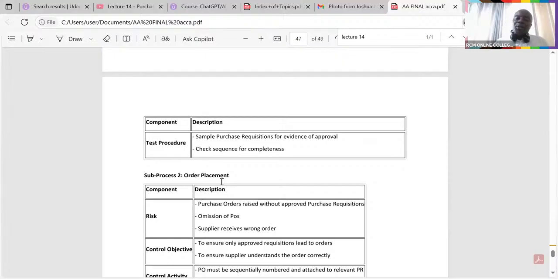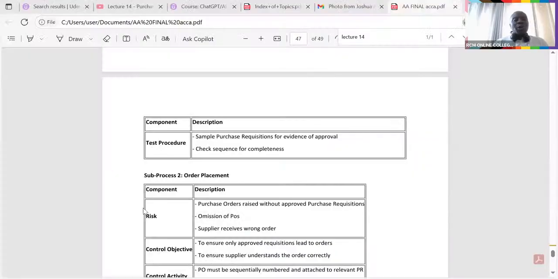So when we are placing these orders, ladies and gentlemen, what could go wrong? So many things can go wrong when we are raising this purchase order. For example, we can even have this purchase order going to a wrong supplier. We can order wrong quantities. We can get it wrong in terms of the items ordered, in terms of quality. We can even misplace a purchase order. So many things can go wrong when ordering.